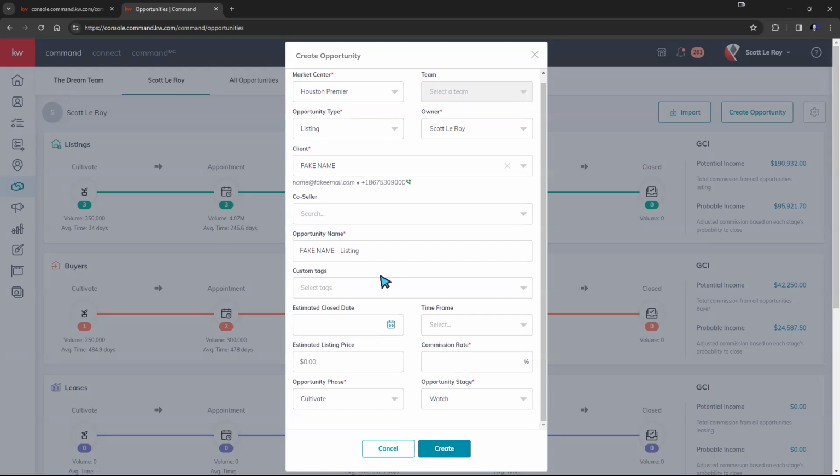And then last but not least, you have your custom tags. So custom tags are going to be very similar to your contact tags, but they're going to be for your transactions, right? So do you want to list this as first-time home buyer? Do you want to list this as a geolocation, a certain geographical location? Do you want to set this as a price range? Anything that you might deem valuable information for custom tags, you can go ahead and tag your opportunities out as